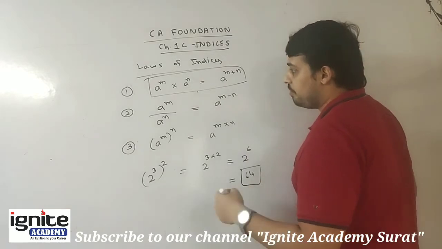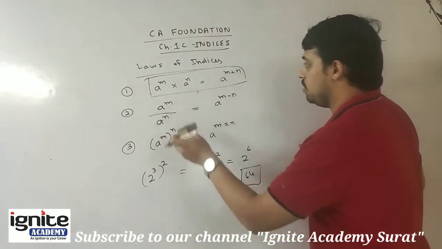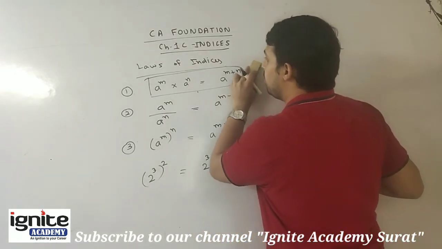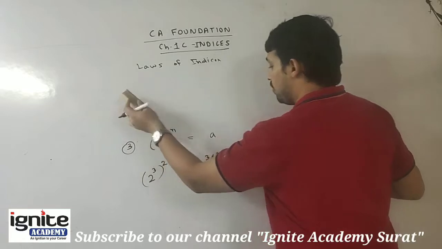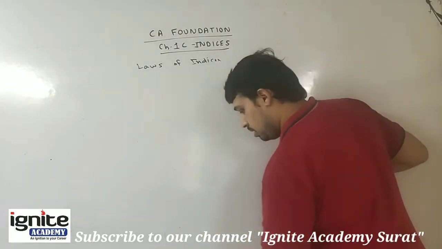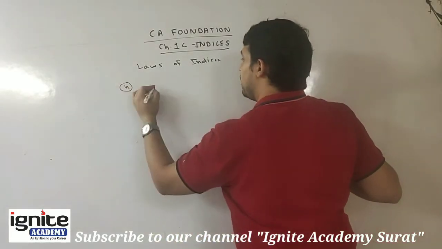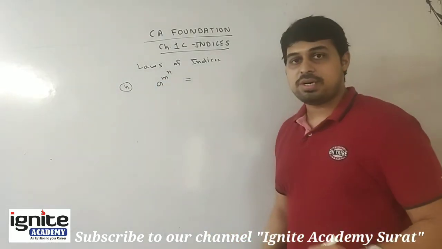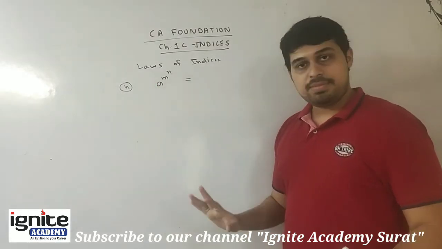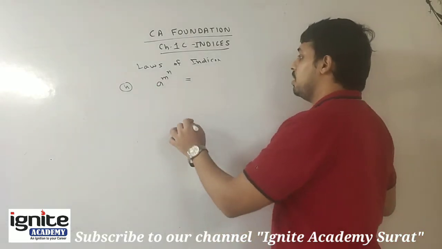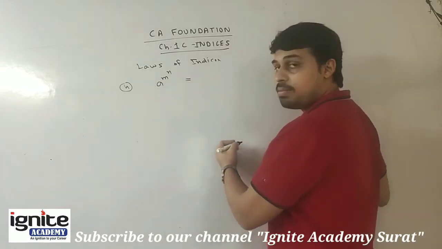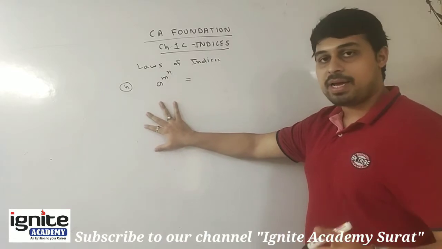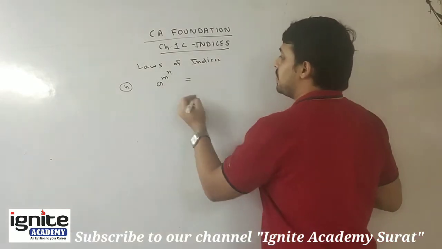Now, if we move further to another property, you can write this down. I'll be cleaning this part. So let me take another example on another property. The fourth property is a raised to m raised to n. अब आप बोलोगे सर व्हाट इज द डिफरेंस बिटवीन द थर्ड वन एंड दिस वन. सेम ही है, कोई फर्क नहीं है, ठीक है, लेकिन फर्क सिर्फ एक ब्रैकेट का है. और मैंने आपको बोला अगर ब्रैकेट होने और ना होने से फर्क पड़ता है. हैविंग अ ब्रैकेट एंड नॉट हैविंग अ ब्रैकेट मेक्स अ डिफरेंस. देखें क्या हो रहा है.